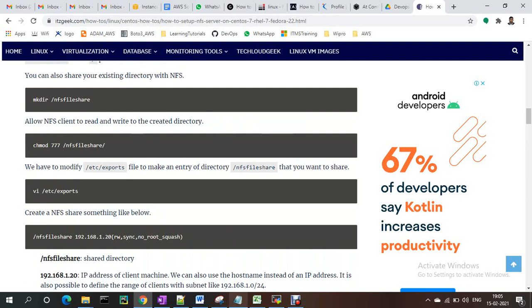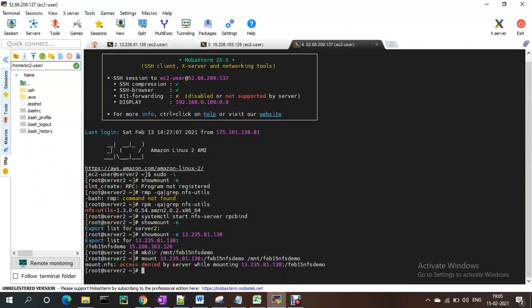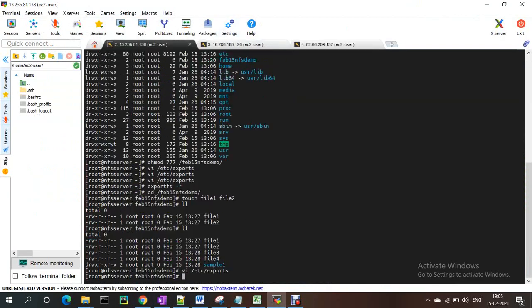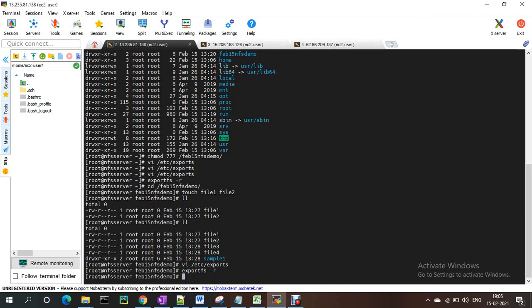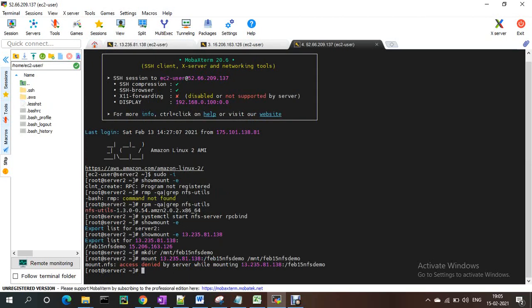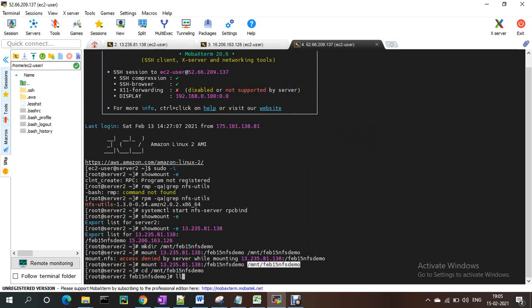After entering the details, we forgot to run the command exportfs -r. That's why it is not showing. If you run exportfs -r, the details will be applicable. If you go here to this directory, it will be available.